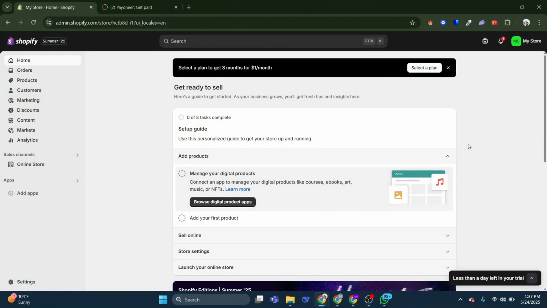So there's actually two ways we can do this. The very first and most easy way is just to download and choose the payment options from your Shopify. But sometimes depending on the country you're currently living in, this one is not going to be available for all of you. So if I'm here in my Shopify, go directly into your home section,